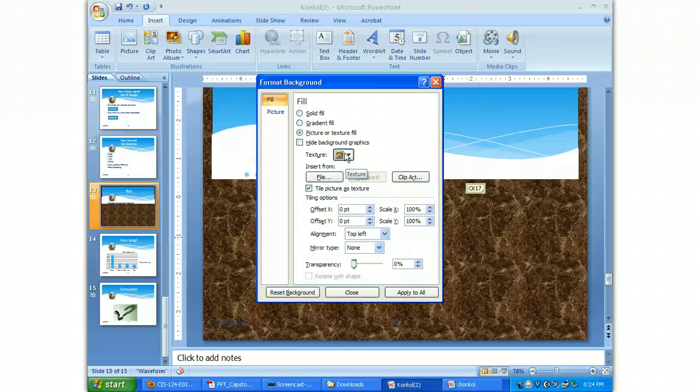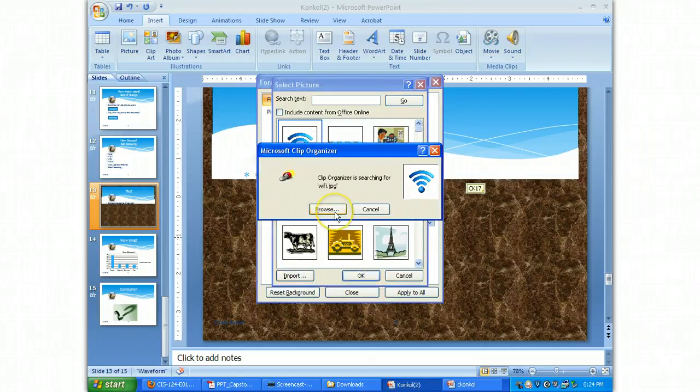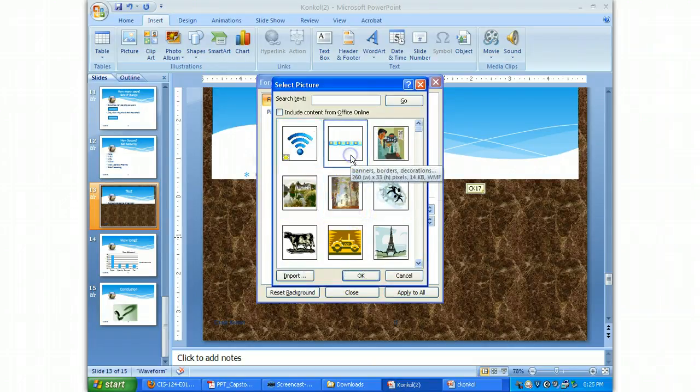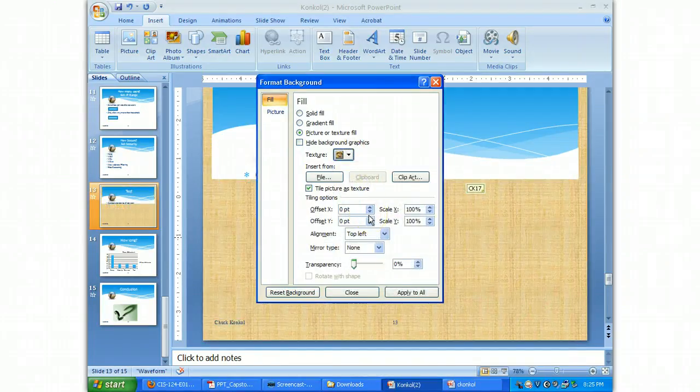You can not only do textured, I can do a picture from a file on my desktop. I can do clip art. So say I wanted to do this one here. Or maybe this one here. It applies it. But we're just going to play now with the texture one. Textured is actually less cumbersome than the other ones, but